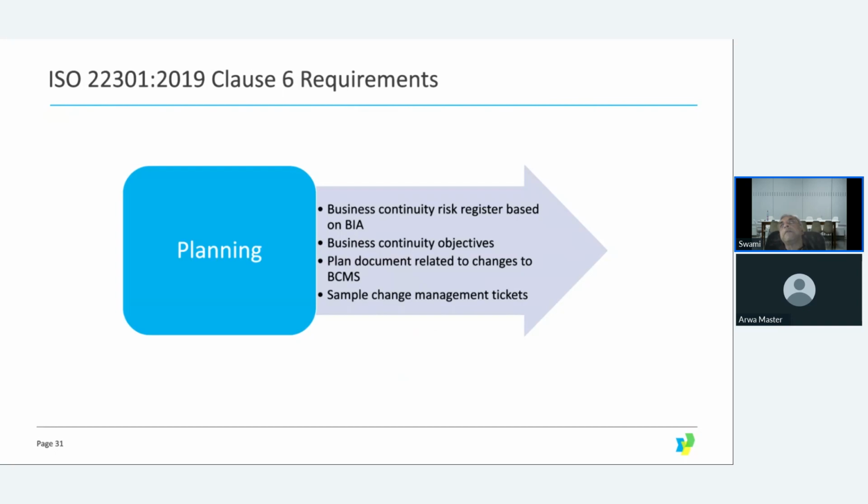Various controls need to be implemented, and we need to come out with the proper risk treatment option. Are you going to mitigate or reduce the risks, are you going to accept the risk, are you going to transfer the risk, are you going to avoid the risk? All these treatment plan options we have to use in order to come out with a best business continuity risk register,